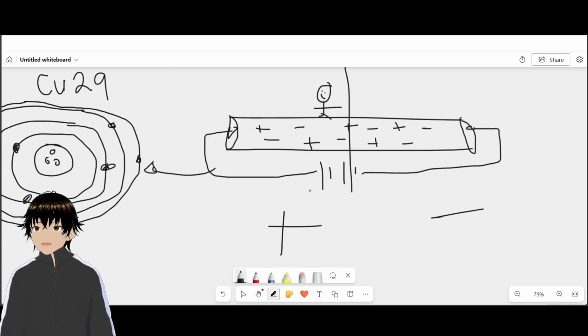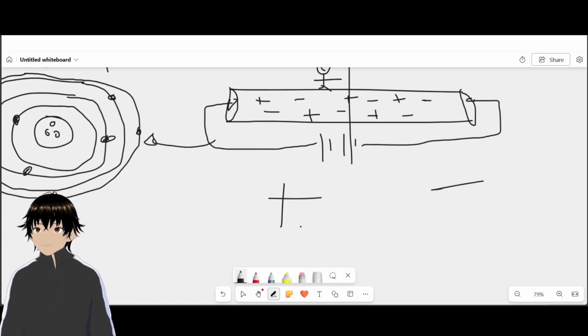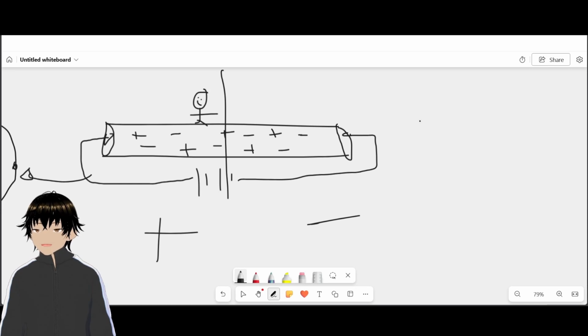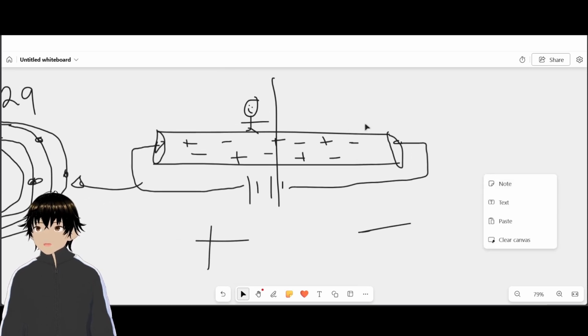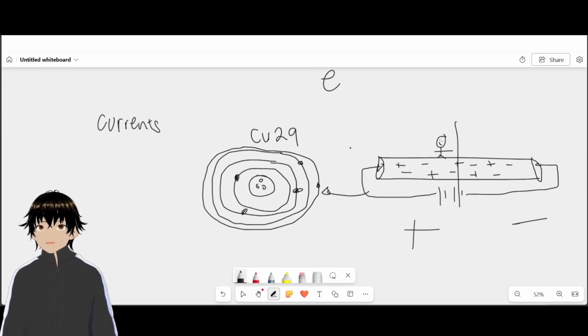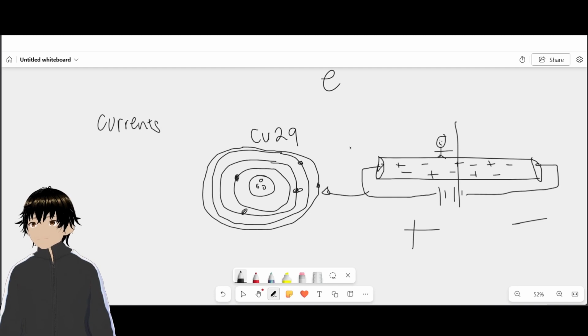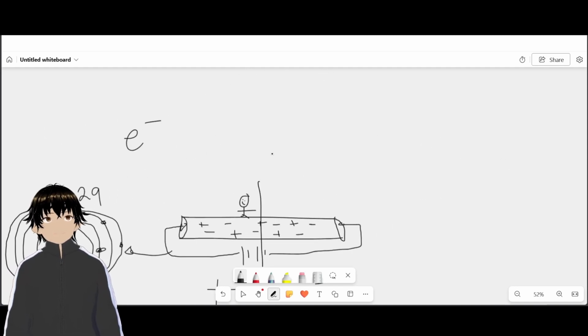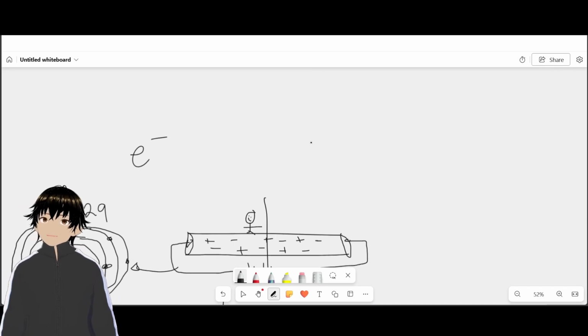Since the left side, from our perspective, of this copper wire is positive charge, and the right side is negative charge, we're just going to see what kind of... okay. So before we come into the concept of currents, we have to first realize that charges either attract or repel each other. You could say that you have a positive charge right here,